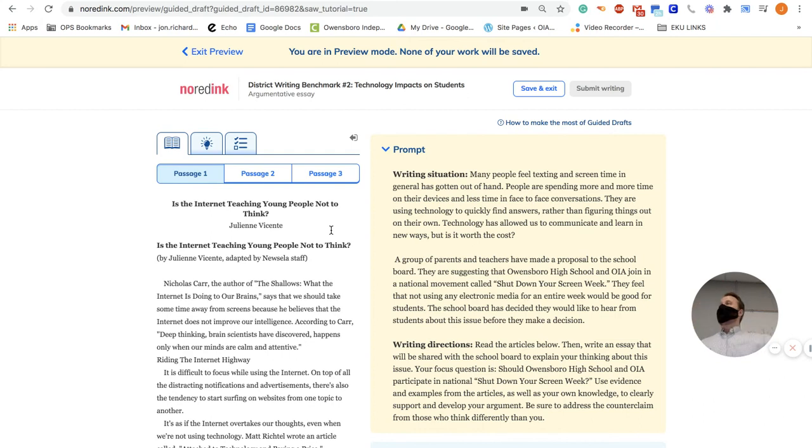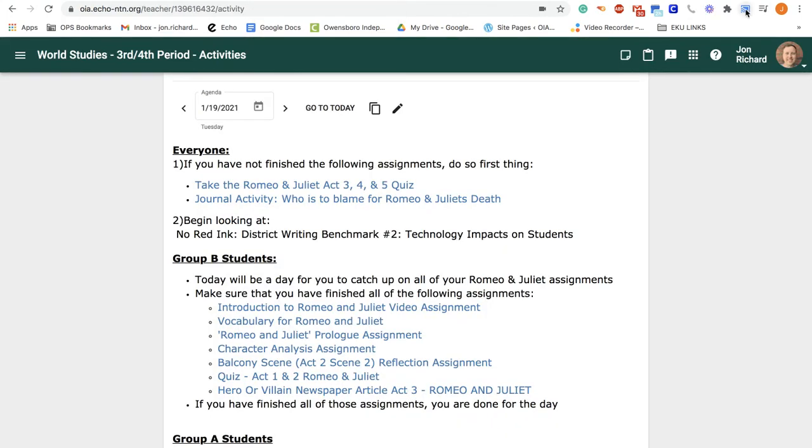And before you all leave today, I will give you a hard copy of the prompt and the passages so that you all can take those home. And then whenever you all at home come in, we'll have a hard copy ready for you all, and we'll do this together, okay? But that is available to you. So that is something I want you to take a look at today if you're all caught up on all the other assignments, okay? And again, we'll do it together Thursday, and we'll begin writing on Thursday. All right, so let's talk about what else we're doing today.